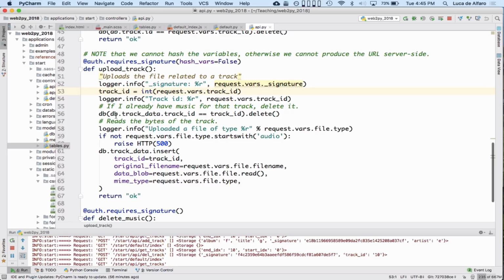See, the problem is this: you can upload many MP3s for the same track. You could upload one, then another, and I don't want to waste my storage with your gazillions of MP3s that refer to the same track. So when I receive a new MP3 for a track, I want to first delete any previous MP3 I might have for that same track, and only after that, insert the new record. So I'm going to first delete anything from the track data that refers to the same track ID. And then